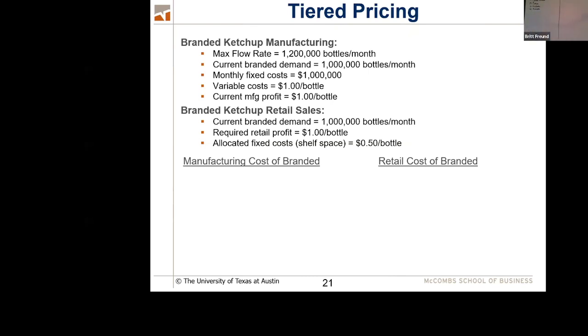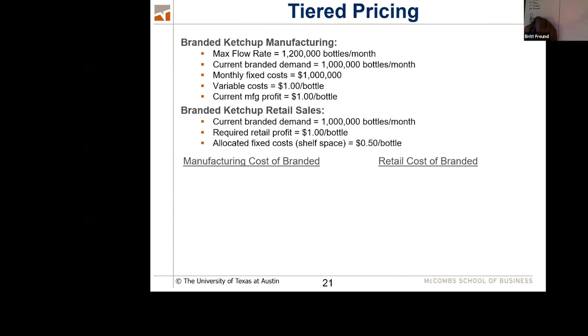Okay, so good job, Brooke. You've been getting good bonuses. In fact, if we want to look at it, we can draw the bar chart. That's always useful to think about. Okay, so here's the bar chart. We're selling Hunt's brand ketchup to H-E-B. This is from the Hunt's perspective. So we're looking at it from Brooke's perspective or Brooke's management chain perspective. And if you look at it, every time we make a bottle of Hunt's ketchup, we owe the variable cost of $1 per bottle. Now we have to recover the fixed cost, right? So we have to take a little bit of a fixed cost and allocate it for each of these. Since our fixed costs are $1 million per month,